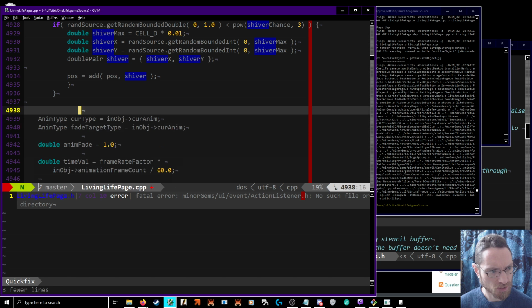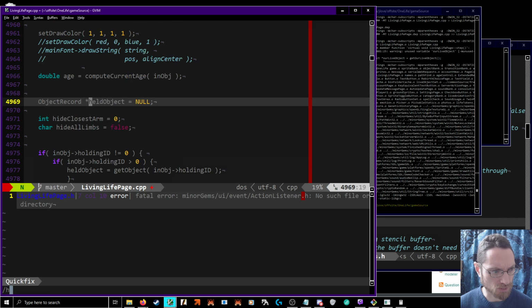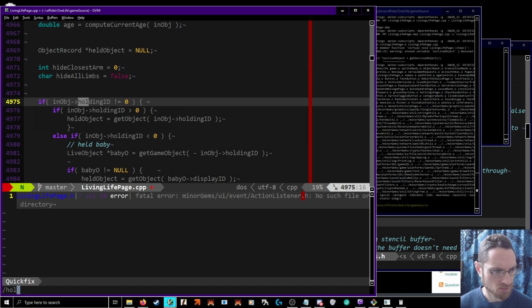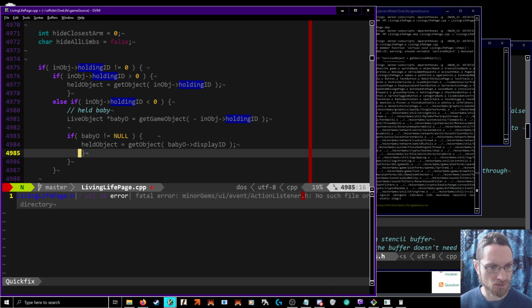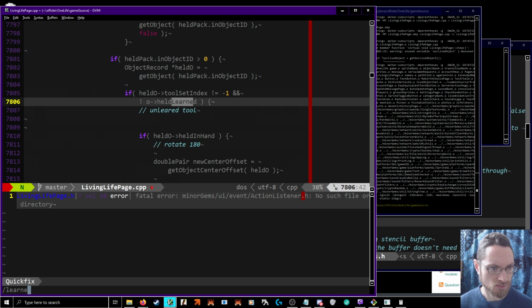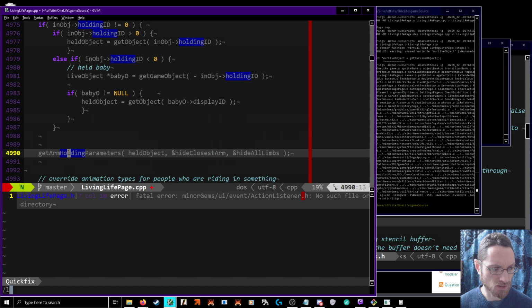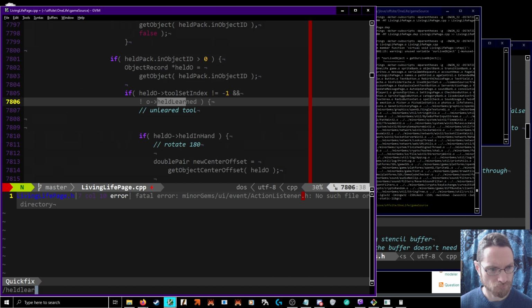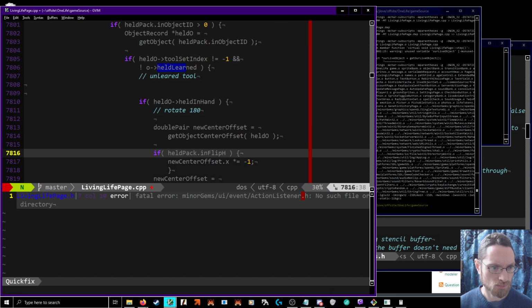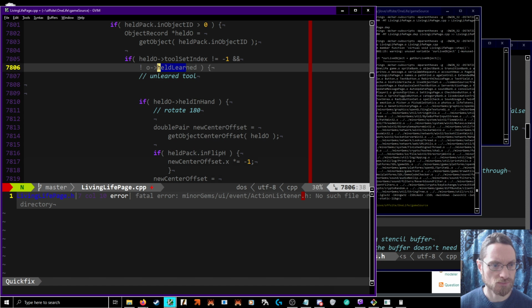What? We're already going to deal with held object around here somewhere. Holding ID. In fact, well, okay, so there's held learned, which is kind of the same thing. Held object held in hand. So that's